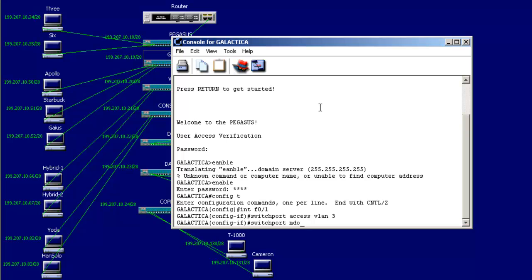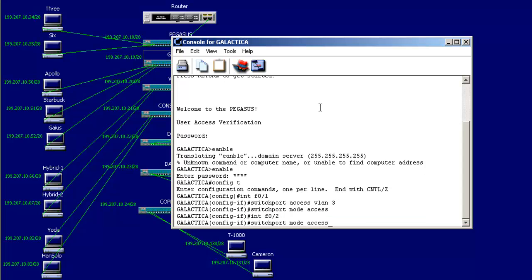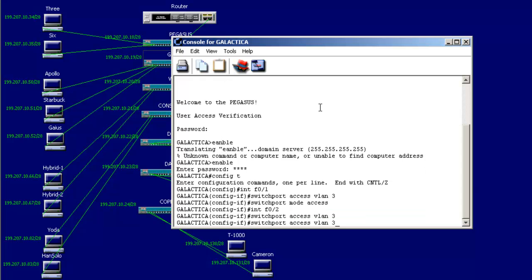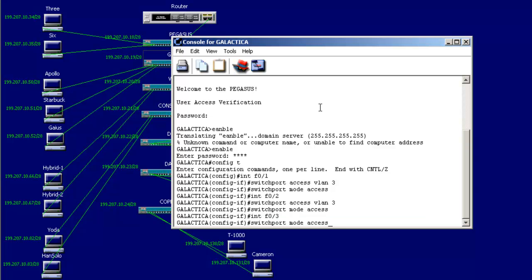Switchport mode, let's set it for access. Access. And let's do Fast Ethernet port 2 and VLAN 3 and mode access